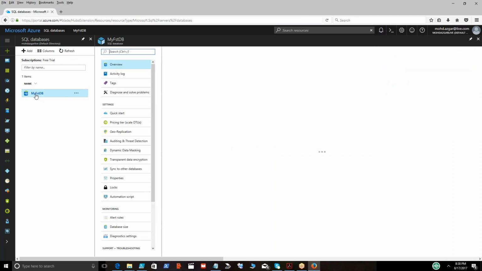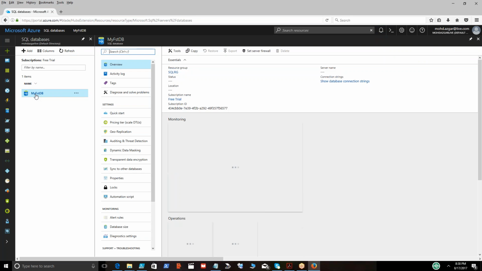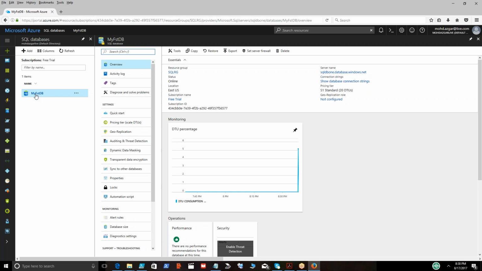Now, the first thing that I will do is allow people access to it. So I will go to the customer and figure out what are the IP addresses from where the customer would like to access the database, or where is the application located. Based on that, I'll go set up the server firewall. To set up the firewall, on the very top right hand side, you have the delete button, and right next to it, you have the set server firewall button. Click on that,